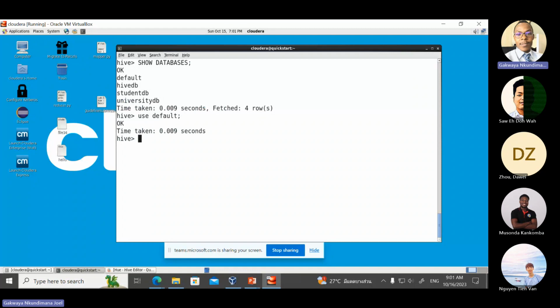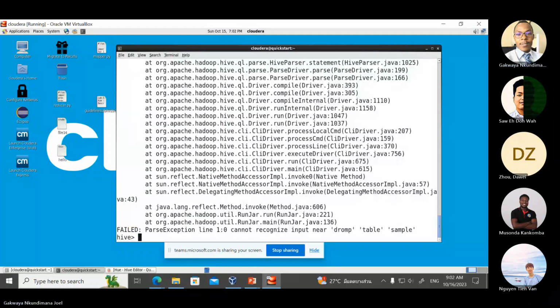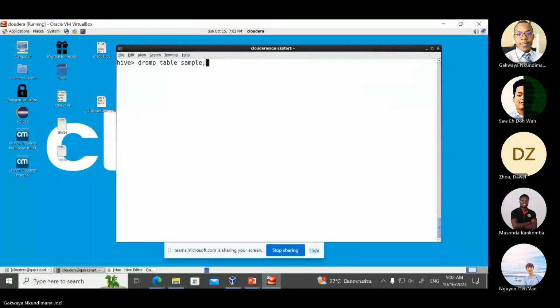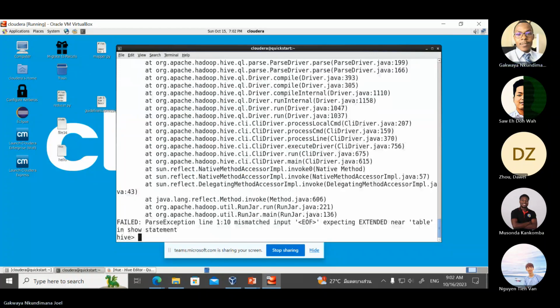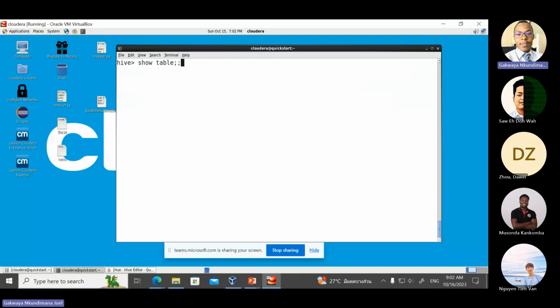I don't need to call it. Show tables, drop table sample. Oops, it's not drum. Drop table sample, show tables. Sorry. Show tables, drop or truncate. Let me say select star from student TB,